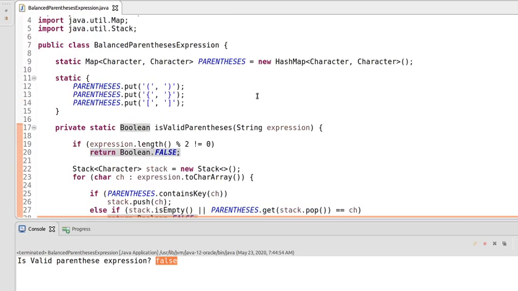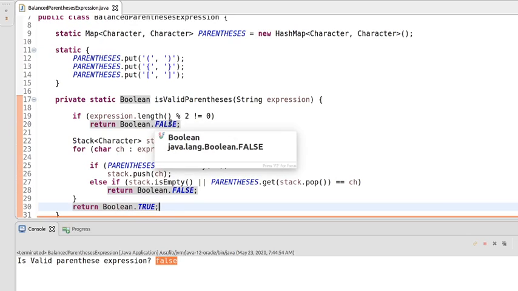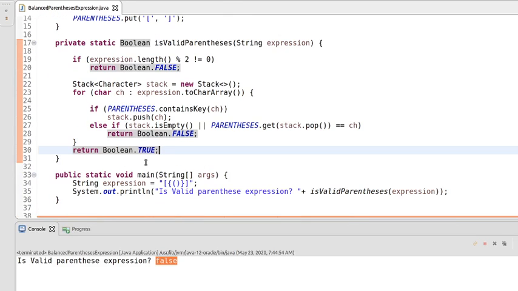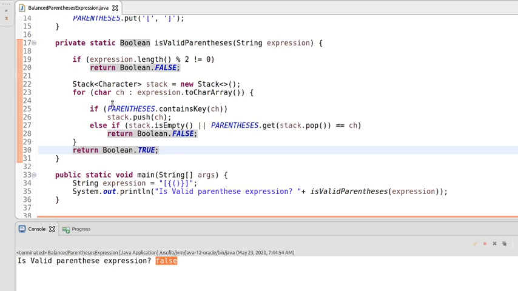We are making some mistake in the logic. We are checking whether the length is even. If it is not even, return false. And we are iterating each character and checking if it is an opening parenthesis, add it into the stack.